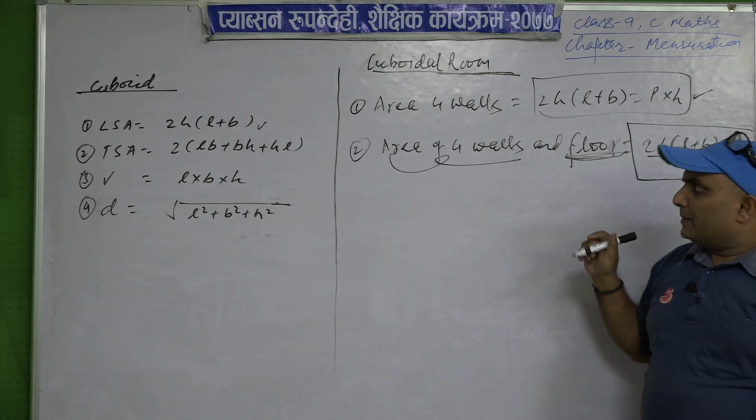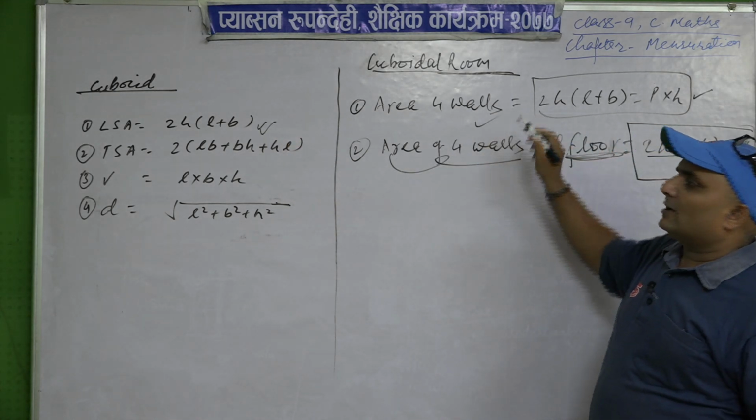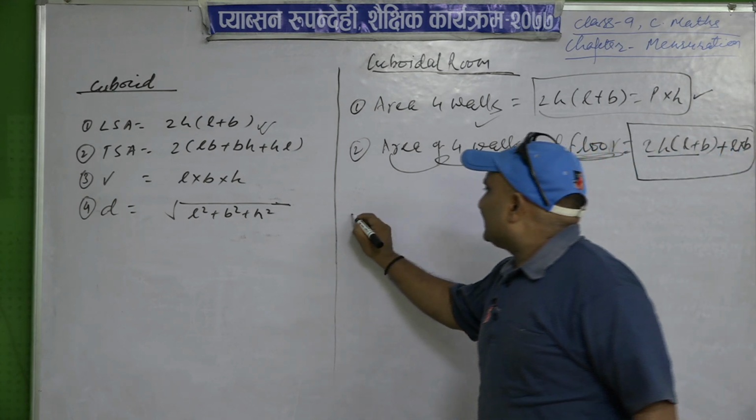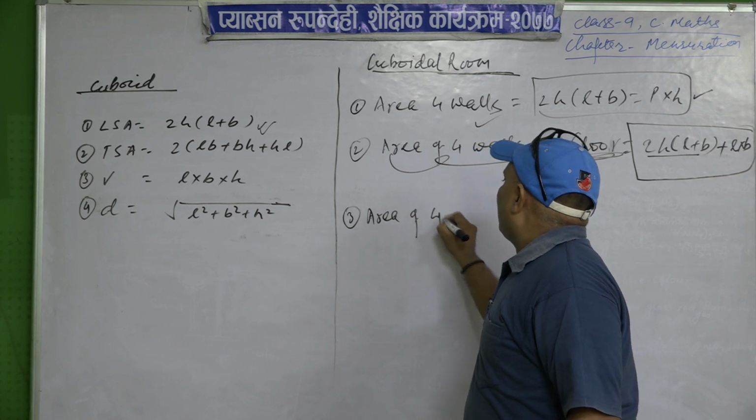You should always remember that the lateral surface area of a cuboid and the area of four walls are the same. Okay, now take the third one, area of four walls